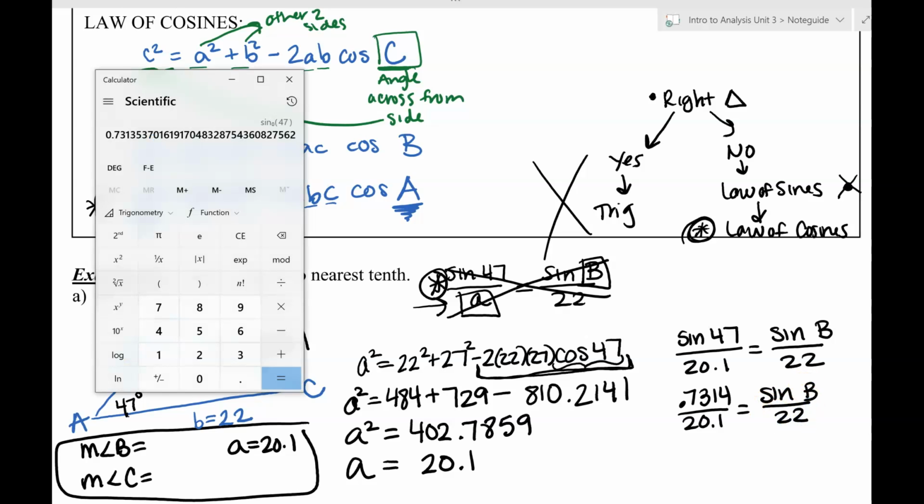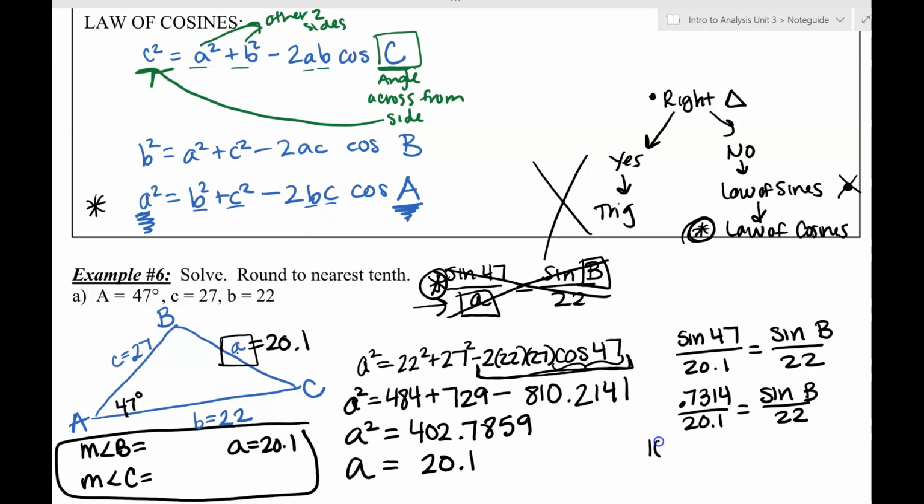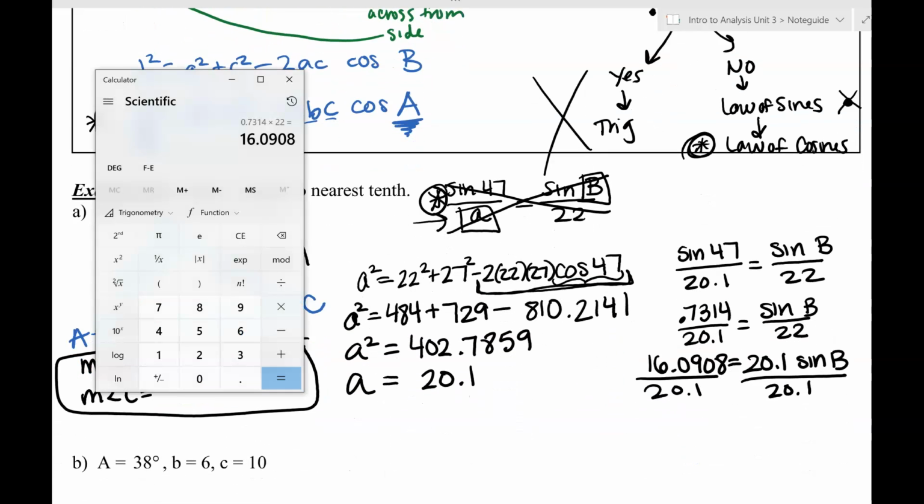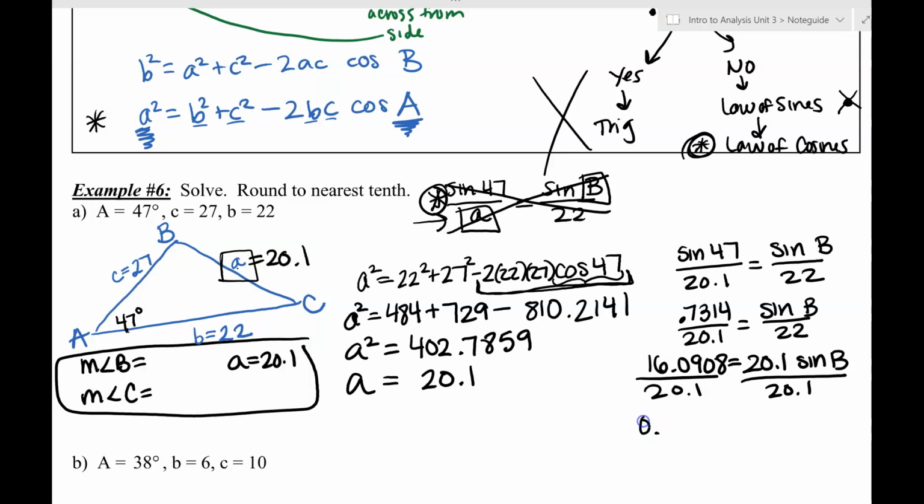And then I'm going to cross multiply. So 0.7314 is getting multiplied by 22, which is 16.0908. And that's equal to 20.1 times the sine of angle B. And I'm going to divide by that 20.1 because I'm trying to get B alone. So when I divide by 20.1, I get 0.8005